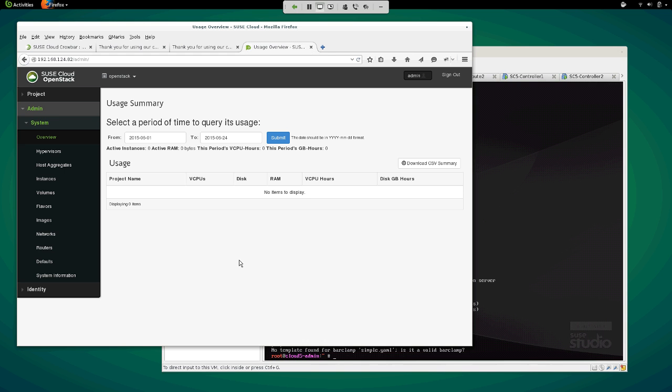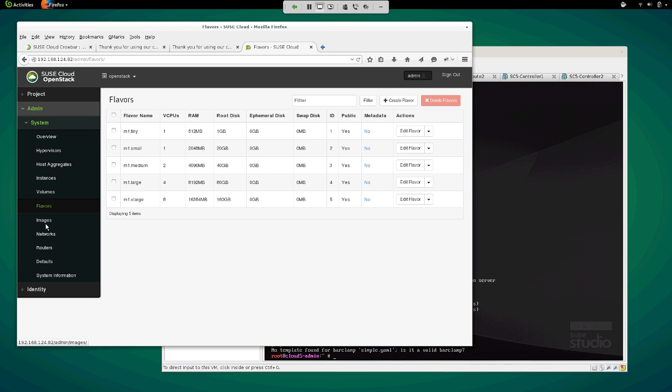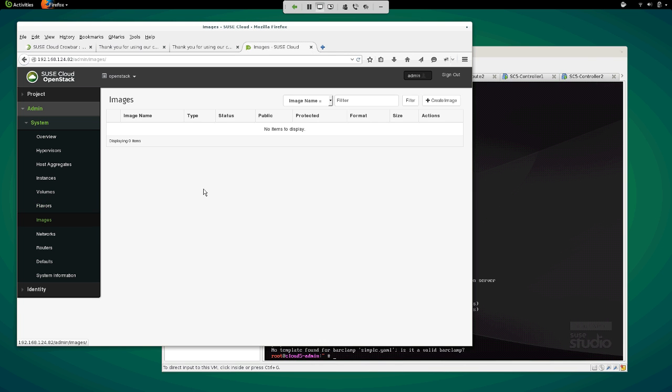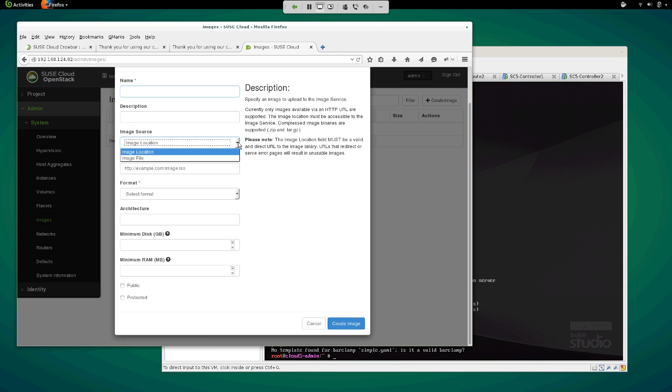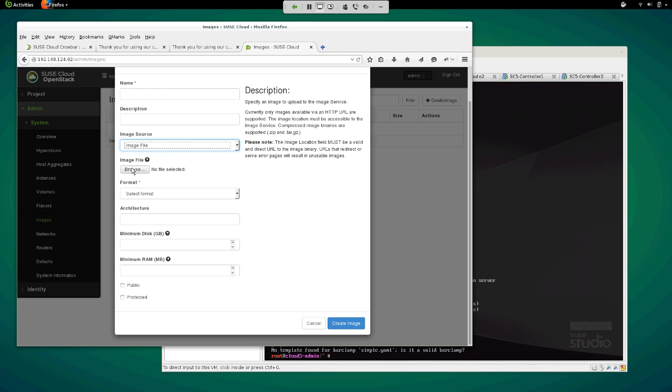Yeah, absolutely. So I now have the Horizon dashboard up. Of course, it's been skinned with our SUSE skin, and from here I could go in and add and modify my flavors. I could go in and add in some images. I can create an image for this environment. Image location, I can grab it from a file, browse for it.